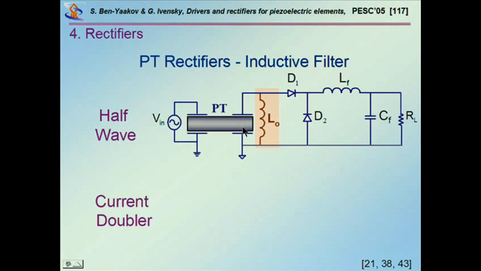There are a number of ways you can do it. You can do it, first of all, with inductive filters, for example, shown here. And this is like the regular half-wave rectification. The only thing is that with the piezo element, because of the reason I've already said, there is no DC path here,